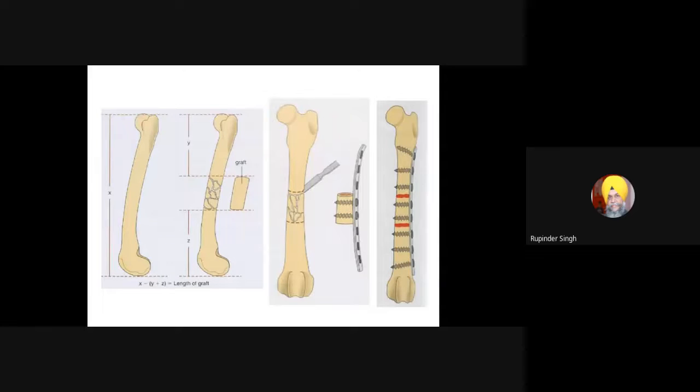They are biocompatible, of course. They are available and they are used as such. Okay, they are sterilized. They are used as per the patient needs, and this can be fixed like this, fixed with a plate. So if we have these grafts available for veterinary patients, these are not available, particularly in India. We don't have such a facility. If we can create them, it will be a great thing.